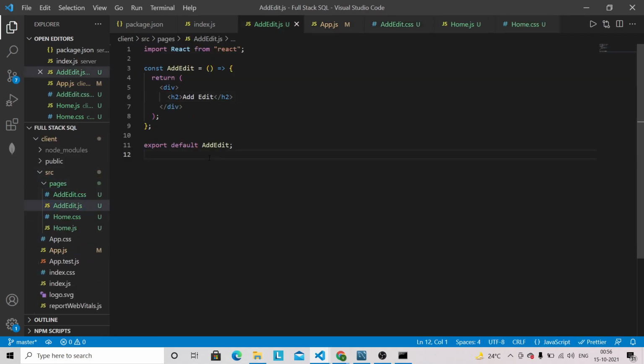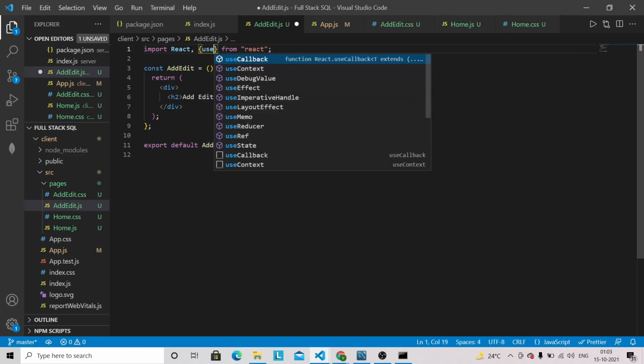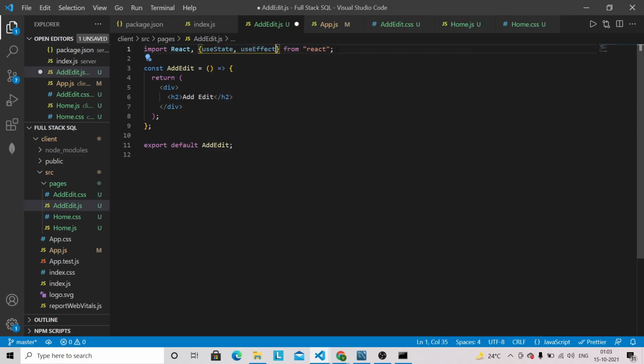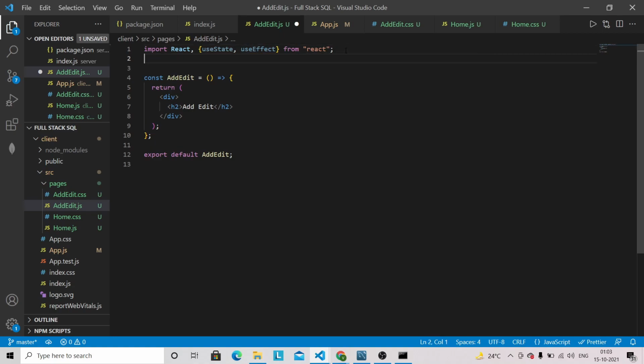Now we have to work on our add edit file. So we need to bring hooks from React. So useState, useEffect, and let's bring useHistory, useParams, and Link from React Router now.